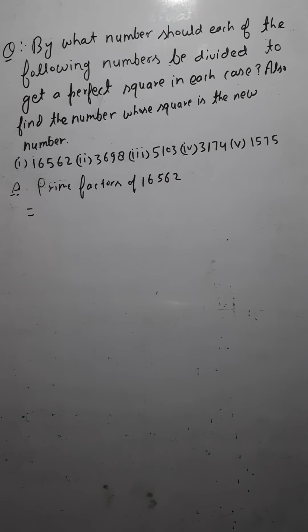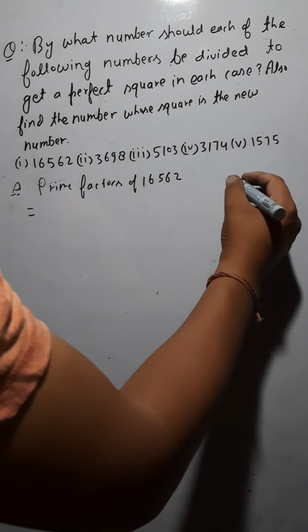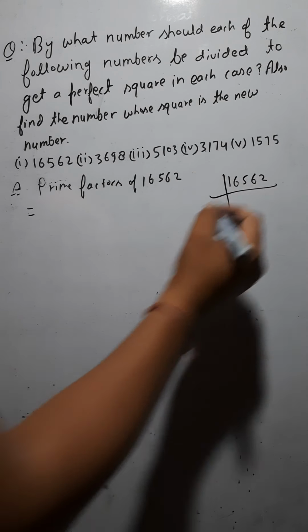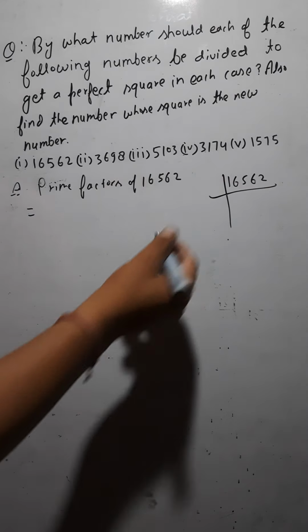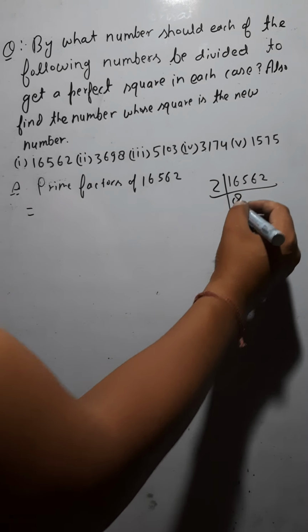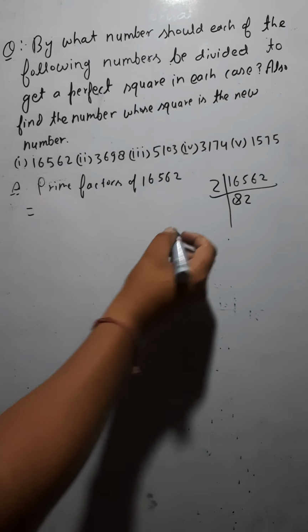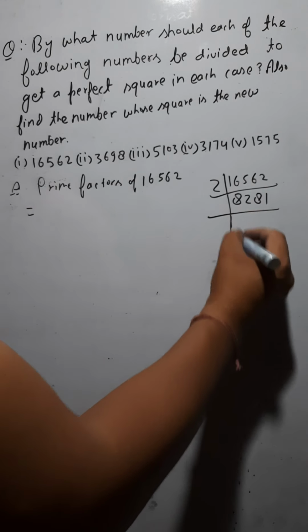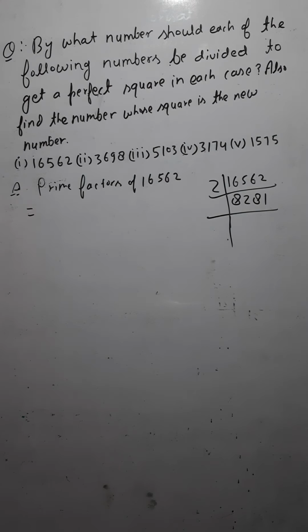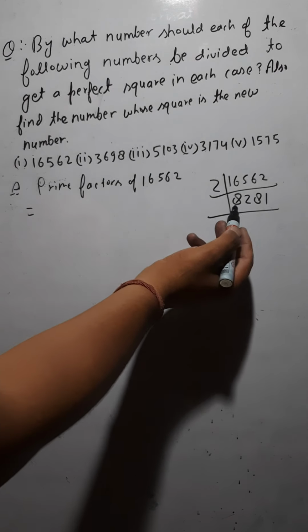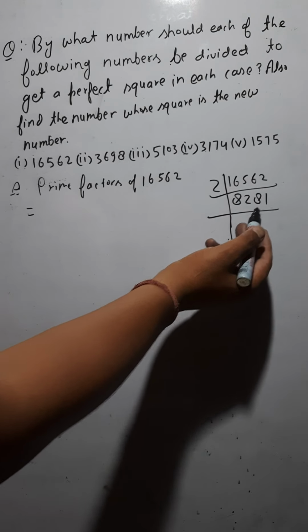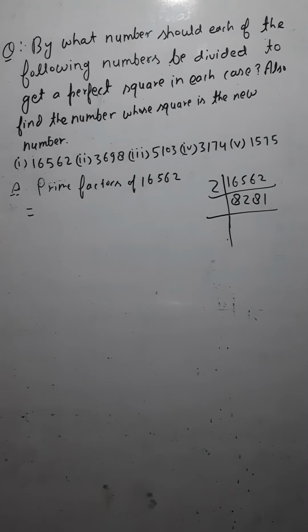So what would be the prime factors? So simple. Just find out the prime factors of 16,562. Now if you divide it, it would be divisible by 2 because it is ending with 2. So 2 eights are 16, 2 to the 4, 1 left. So 2 eights are 16 again, 2 ones are 2. Yes or not? So now it would not be divisible by 2. Let's add all the digits here. You are getting 8 plus 2 is 10, 10 plus 8 is 18, plus 1 is 19. It would not be divisible by 3 as well.